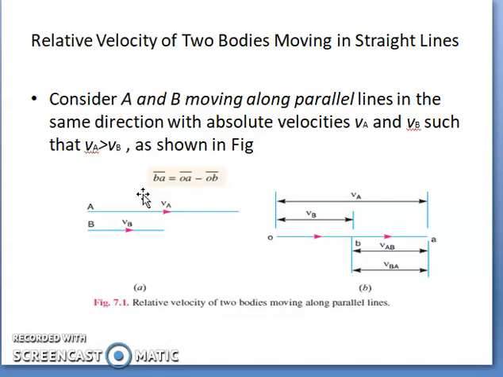Moreover, when we are moving in a train, we see stationary objects outside the train, like trees, and we feel that the trees are moving against us. We assume that we are stationary and the trees are moving with respect to us. So this concept is called relative velocity. In the actual case, it is we who are moving at a faster rate, whereas the trees are stationary. But we will be under the perception that we are stationary and the trees are moving. So this is the concept of relative velocity.